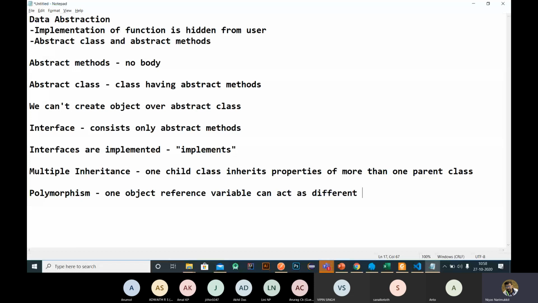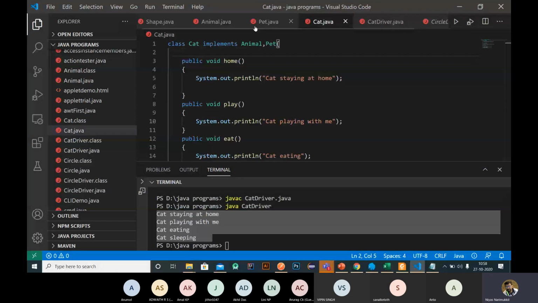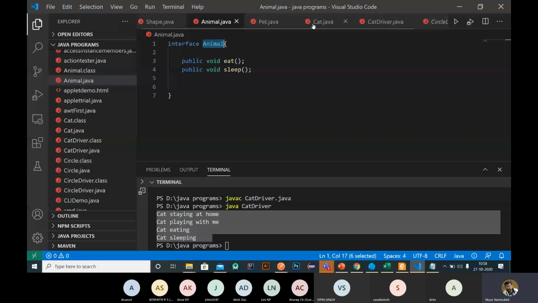So that is an example of polymorphism, and polymorphism can be achieved with the help of interface and this concept. Okay. For example, we have one concrete class called cat, and this is our animal class, right? And we have a cat class, and in this example, we have another class also. Lion class is there, right?